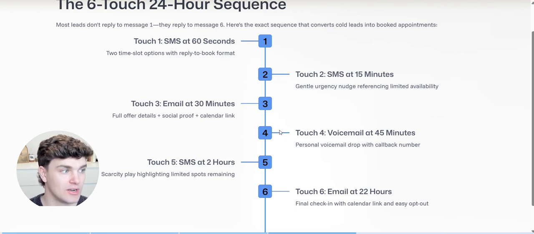So that's what that email is going to do. Touch number 4 is going to be a voicemail drop within 45 minutes. So it's going to be a personalized voicemail with a callback number. That's just going to say something simple like, hey, we saw that you inquired about our $67 service. Give me a call back at your phone number here. Thanks. Touch number 5 is going to be a text message at 2 hours. You're going to highlight the scarcity. You're going to highlight that there are limited spots remaining again. Basically a one last call